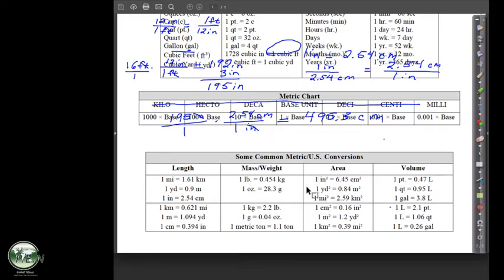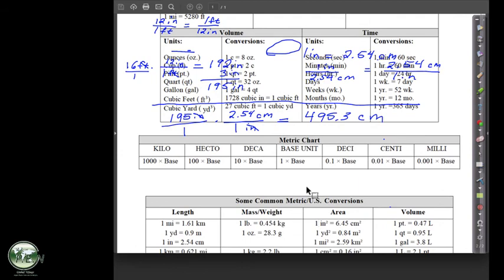I need to bring this little thing down. So when we have centimeters, we come back to the base unit, which is meters. How many spaces do we need to move to go from centimeters to meters? 1, 2. And we went which direction? 1 to the left. What we need to do to convert from centimeters to meters is move the decimal 2 places